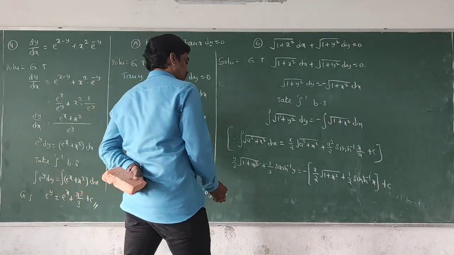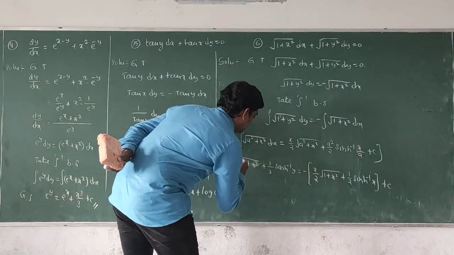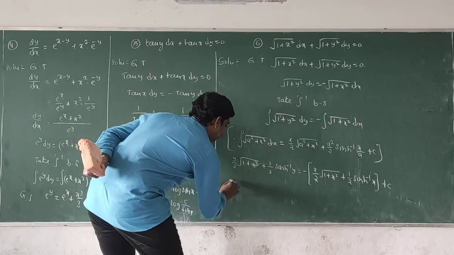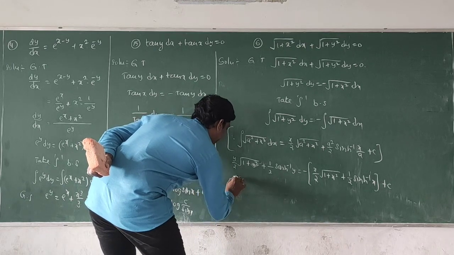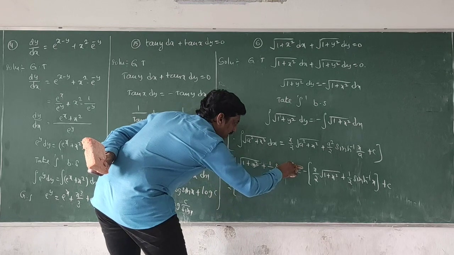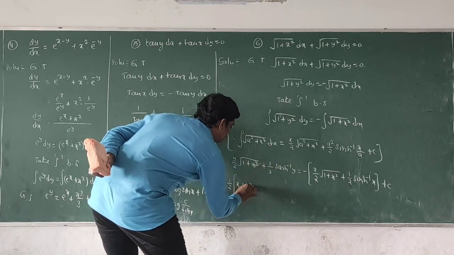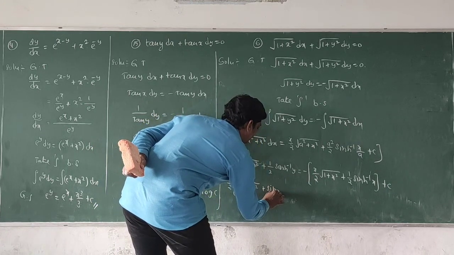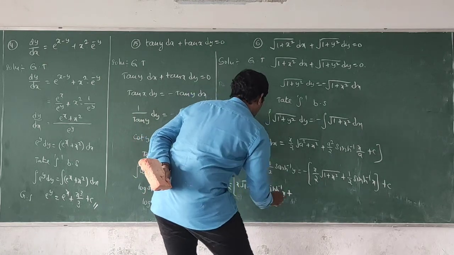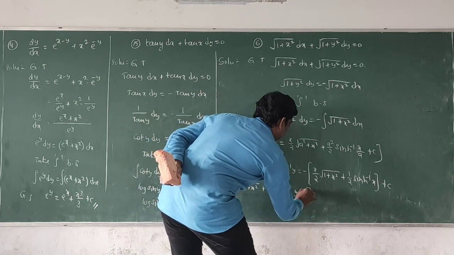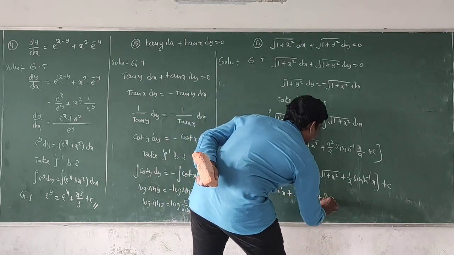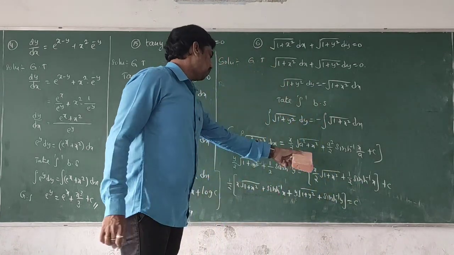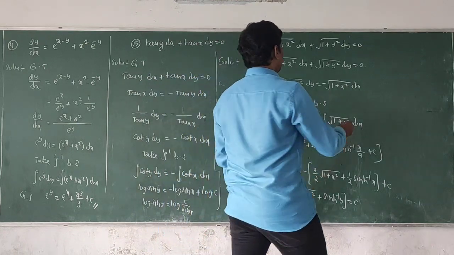Now this negative term is taken to the opposite side, so it becomes positive, and in each and every term 1 by 2 is common. That's why we have 1 by 2 into each and every term. Here x by 2, 1 by 2 common: x into square root of 1 plus x square plus sinh inverse x, plus y into square root of 1 plus y square plus sinh inverse y, equal to c. Do the cross multiplication. Now that can be written as the final answer.